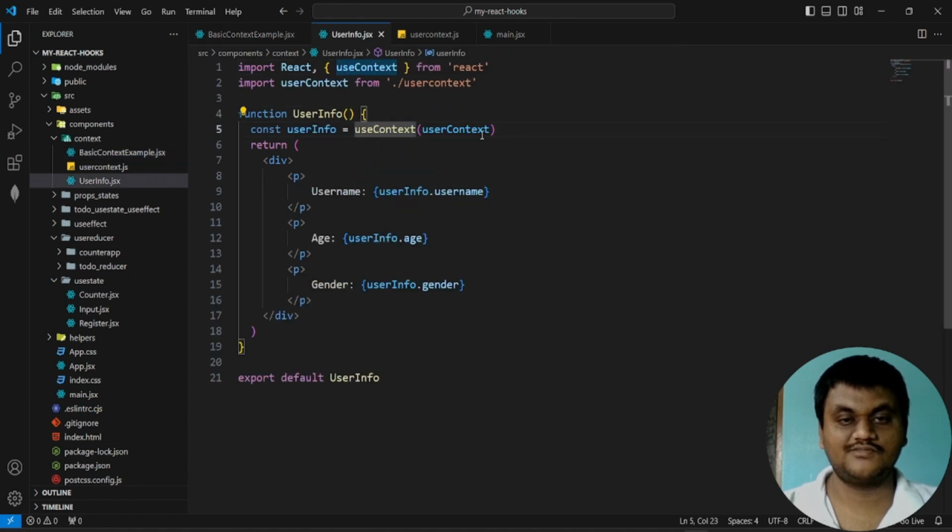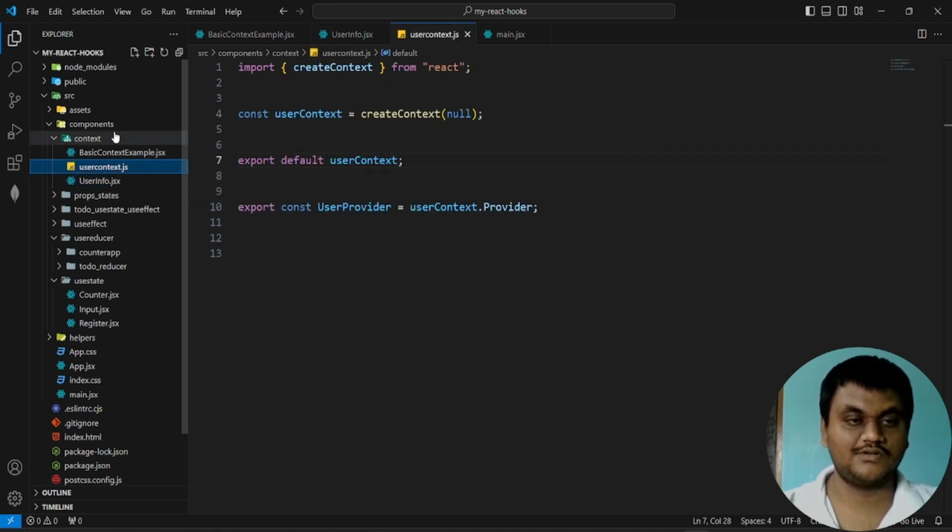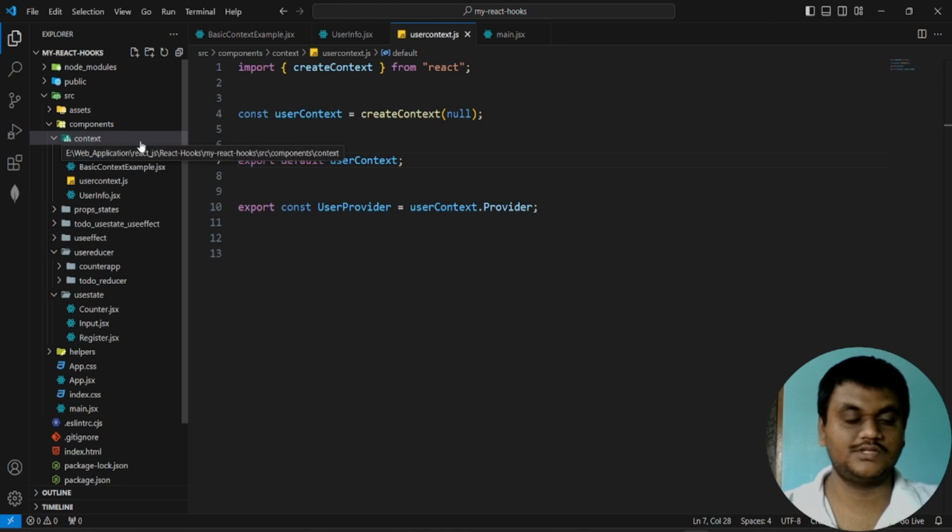It is coming from the user info. We have subscribed here to the store. Store means this one, this user context. Not only this, if you want to create one more thing like